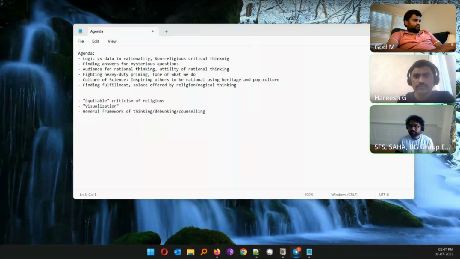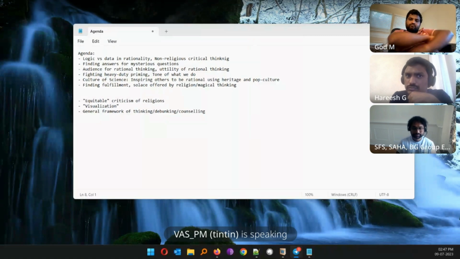Yeah, thank you. And Vasgaru or anyone, would you like to add something here before we move to the next agenda item? Yeah, I made a few notes, actually, on how to think rationally. I don't want to go into every detail, but I will go briefly.